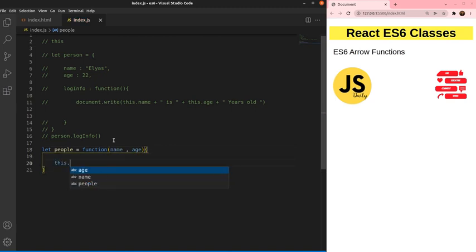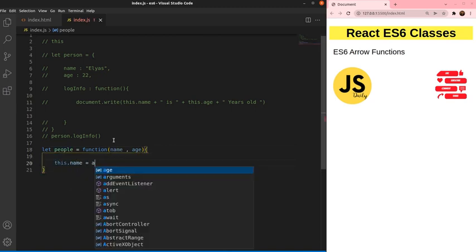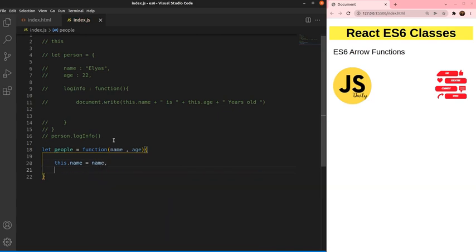We have this dot name equal to name and this dot age equal to age, and again this dot display info. Again we have function